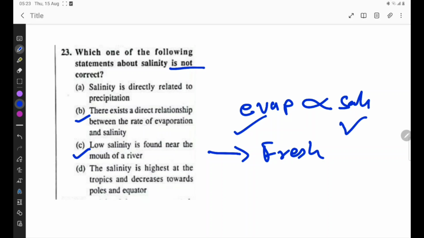The next statement is the salinity is higher at the tropics. Yes, this statement is true, and decreases towards poles and equator. Yes, this statement is true. So the A statement is not true. Salinity is directly related to precipitation is not true. See, precipitation affects salinity, but salinity is not directly related to the precipitation,